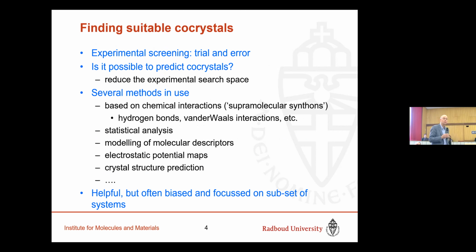And typically, what people do is they start with the chemistry. You have synthons, you have particular bonds, hydrogen bonds, van der Waals interactions. And so you can sort of rationalize what goes on. And this is something that works up to a point. It's not, you could say, a holistic approach. You zoom in on particular aspects of co-crystals, and our aim was to see if we can use a database. Hence, I'm here to see if you can do similar things but in a different way.